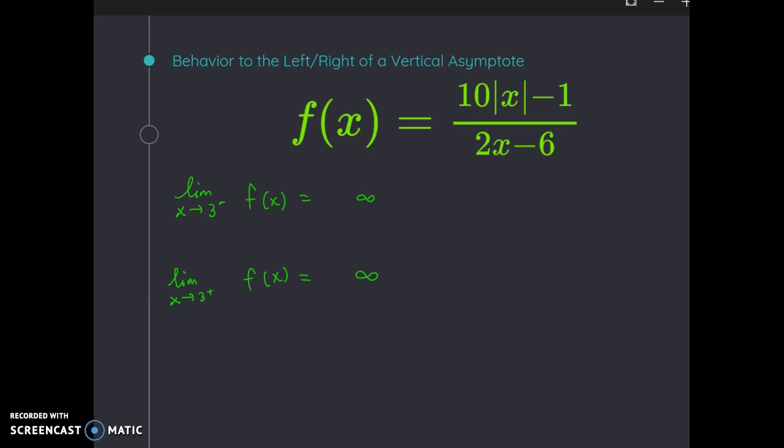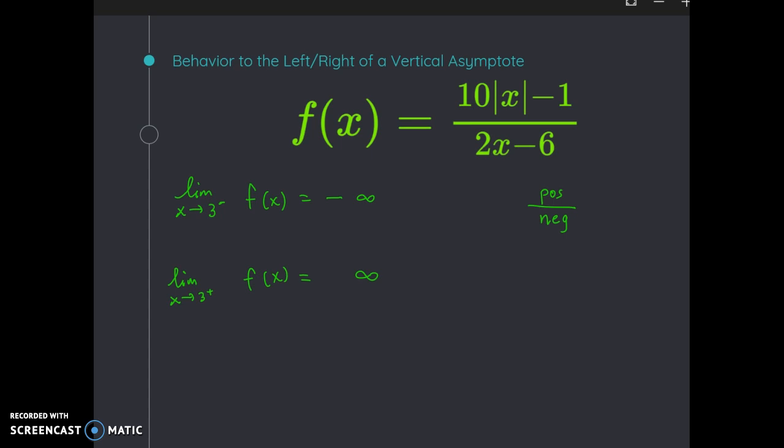I'm just thinking, okay, tiny bit smaller than 3. So this would be around 30. 30 minus 1 would be a positive number. Okay. A little bit smaller than 3 times 2 would be a little bit smaller than 6. A little bit smaller than 6 minus 6 would be a negative number. So I'm taking a positive number divided by a negative number, so I know that this would be a negative